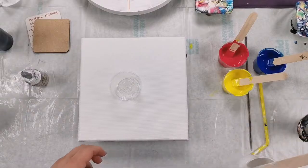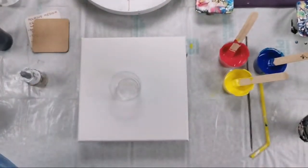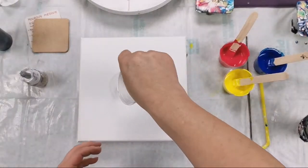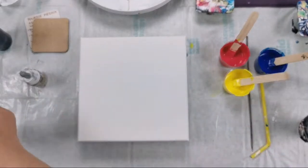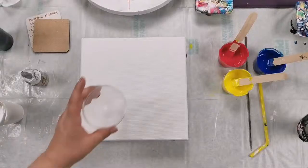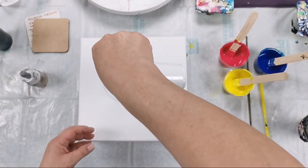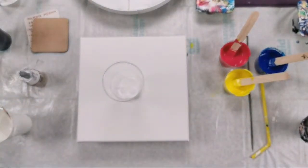Okay, and for chameleon cells I will not use this pearl white, of course. I will use just my white, and I will use the same colors that I did before. Oh, and I forgot that I grabbed a bigger canvas, so I have to grab a bigger cup too. This will not be enough. Let's do this one, but not full. I don't know. I will pour some white and